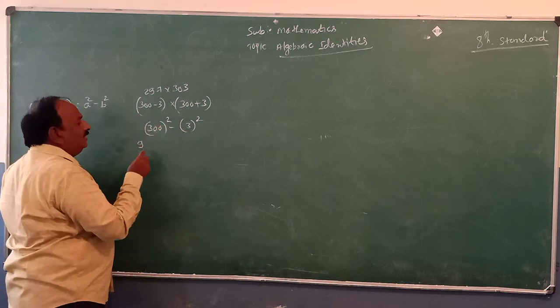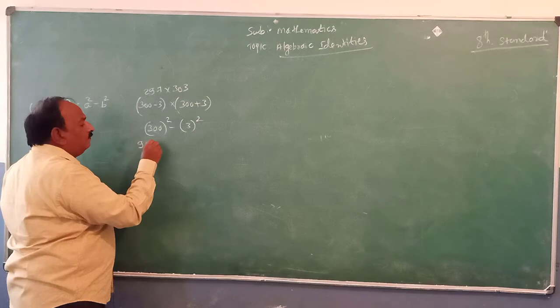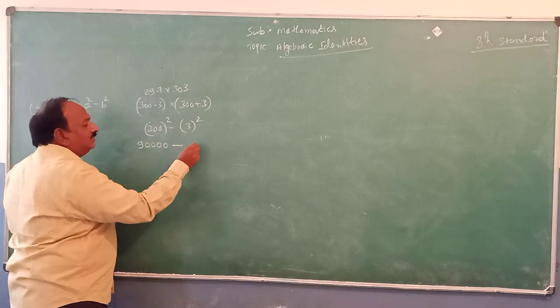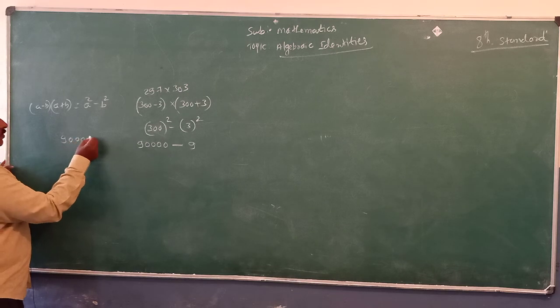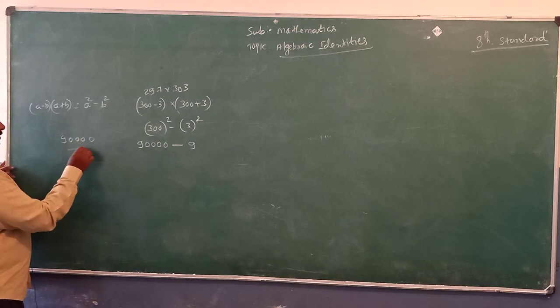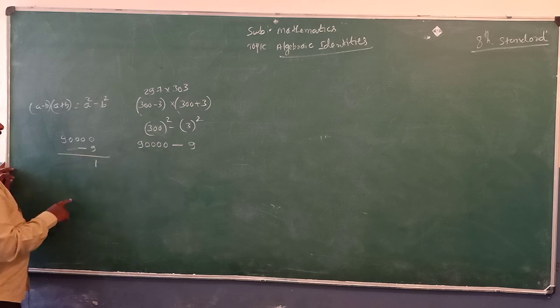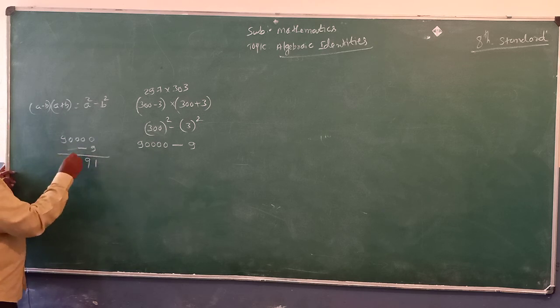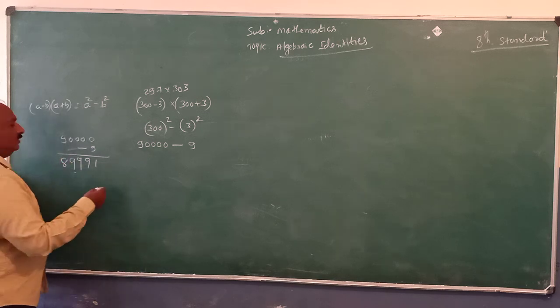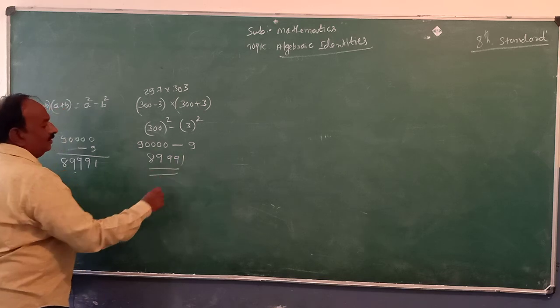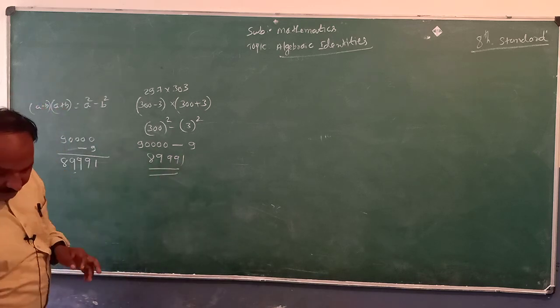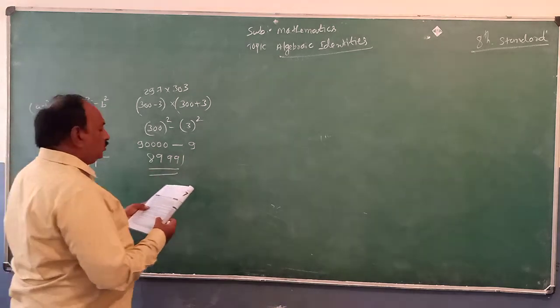3 3s are 9, double 0 puts 4 zeros, minus 3 3s are 9. 9 followed by 4 zeros, minus 9. 10 minus 9, 1; 9, 9, 9, 8. That is equal to 89,991. Next one is